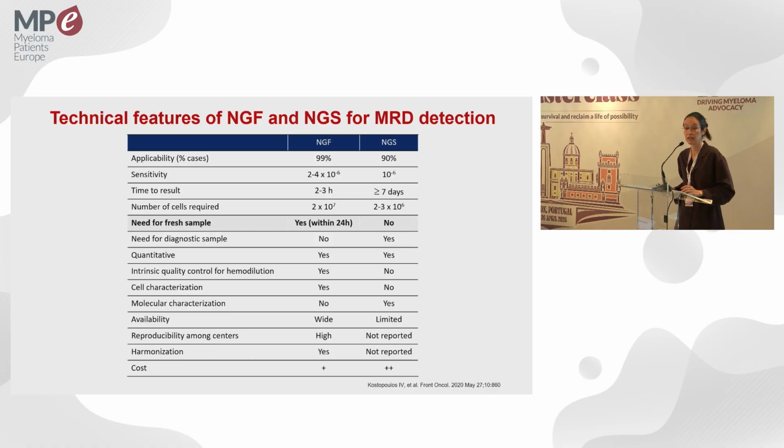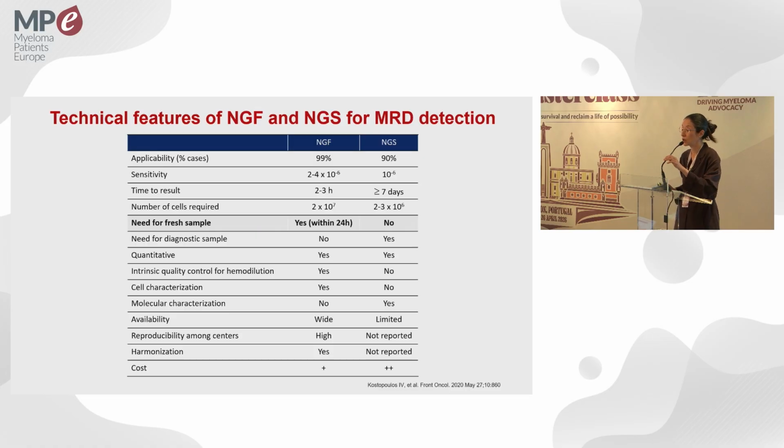And the second thing that I would like to comment with you is the fact that to assess bone marrow samples using next-generation flow, we need the sample to be fresh. So we cannot keep the sample in the fridge for a week and then analyze it, because we are analyzing living cells. And these cells in the fridge, they die, and then this sample that we are analyzing is not good enough, it's not representative of the bone marrow of the patient, and it's not useful to